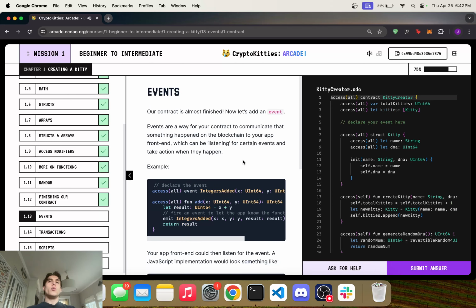Okay, events. So really quickly on events, smart contracts are not good at telling other code when something has happened. Smart contracts are kind of self-contained. And so in order to know that an update has happened, you call into the contract to view if state has been updated. Or you can do what's called listening to events. Smart contracts can emit, it's called emitting an event, and then other code like your TypeScript or whatever can listen for those events and then perform some action when that happens.